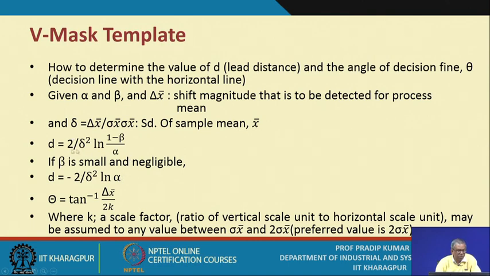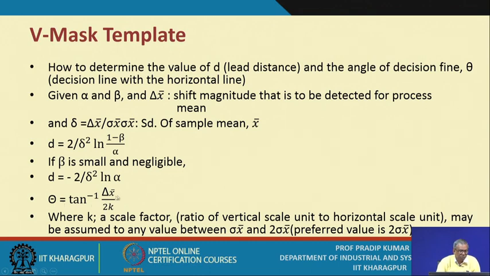That means the lead distance is given by 2 upon delta square natural logarithm 1 minus beta by alpha. If beta is small, and usually it has to be very, very small and negligible, then we can ignore beta over here. So the expression for d is approximately minus 2 upon delta square natural logarithm of alpha, and the angle theta